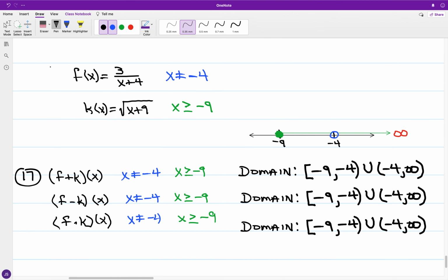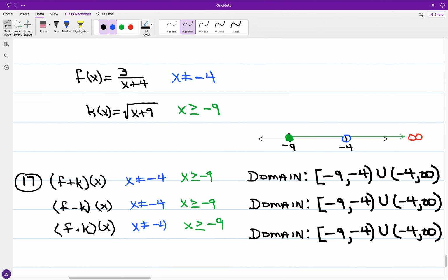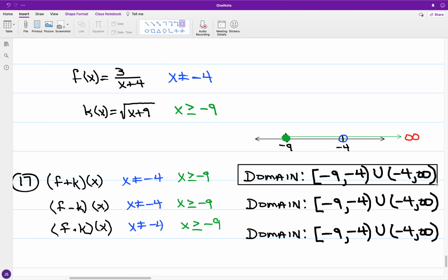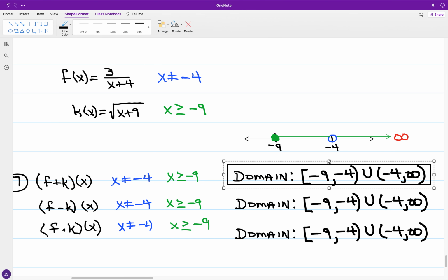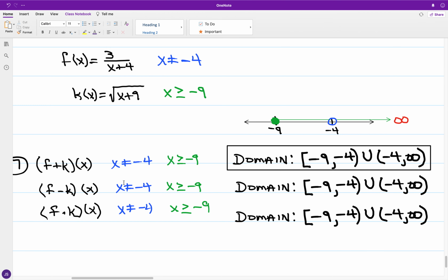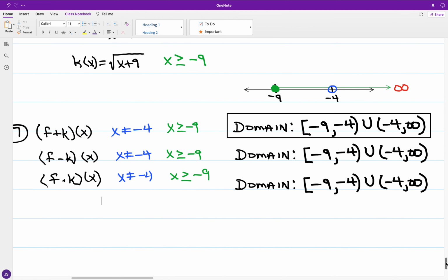Okay, so in the case of 17, you have this domain in the layout. And again, the domain of the sum function is going to be the same as what we have for the difference and the product functions. Now, for what we have in the case of f over k of x,